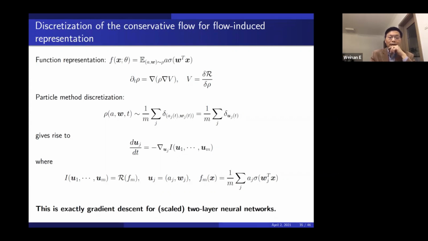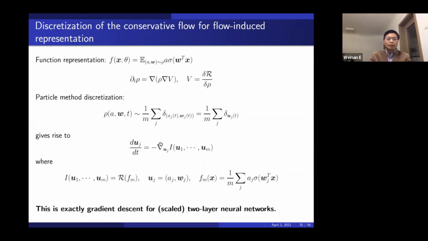And then one can actually prove, well, it's a simple observation that these two problems are equivalent. Namely, given a set of particles, a particular realization of these coefficients, we can define a two-layer neural network. Then we can define the population risk associated with that two-layer neural network, and that's a function of the positions of the particles. One can show that this PDE, this continuous-looking PDE, is actually equivalent to this gradient descent ODE. Well, it's more or less obvious,